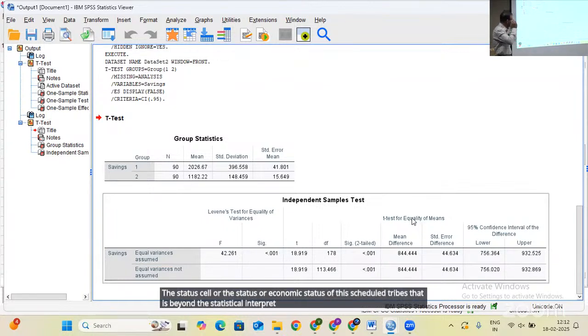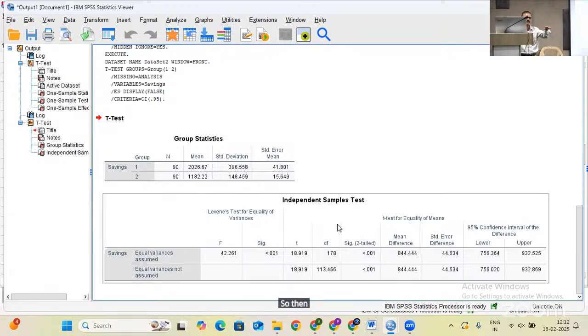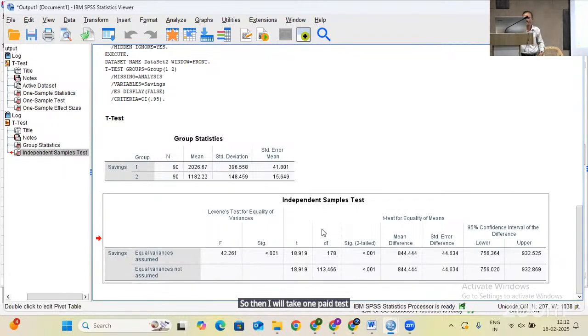Okay, this is about the independent sample t-test. Then I will take one paired test related data. So for that we go back to that